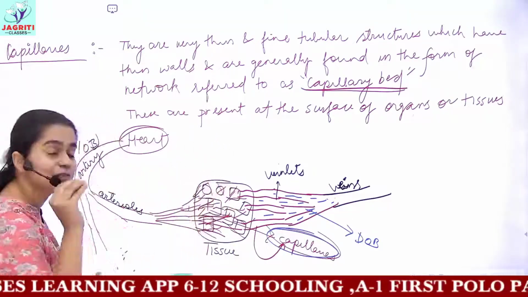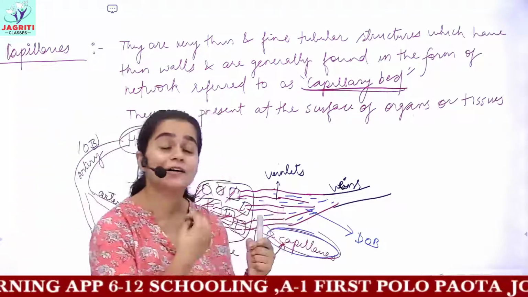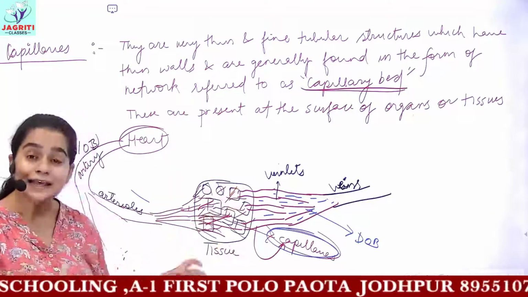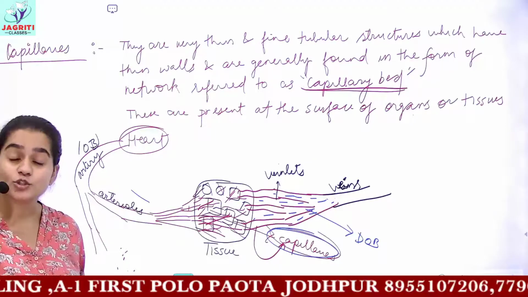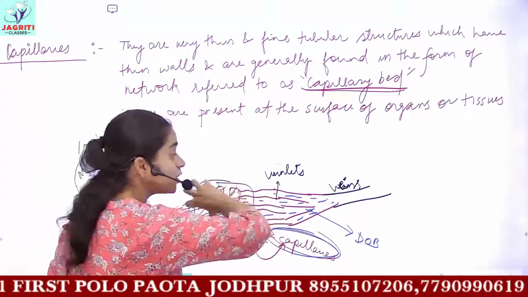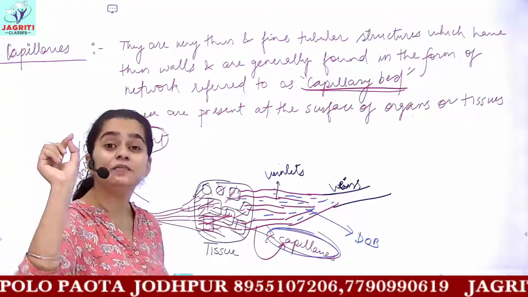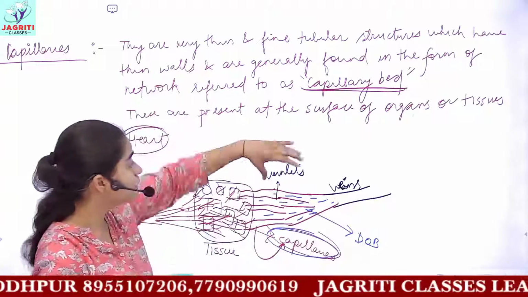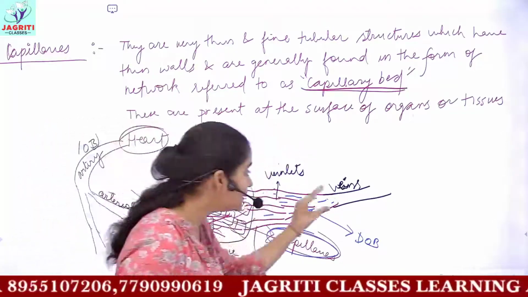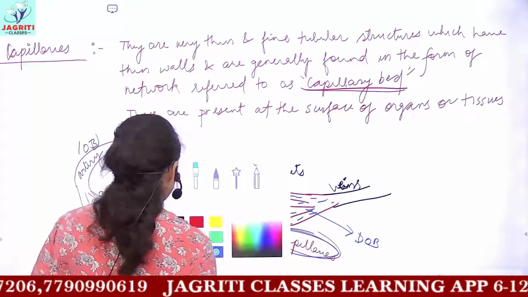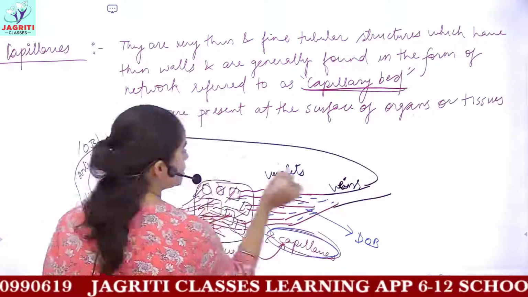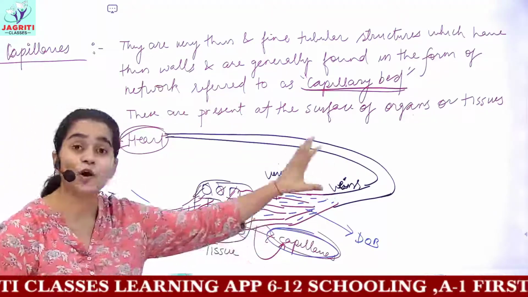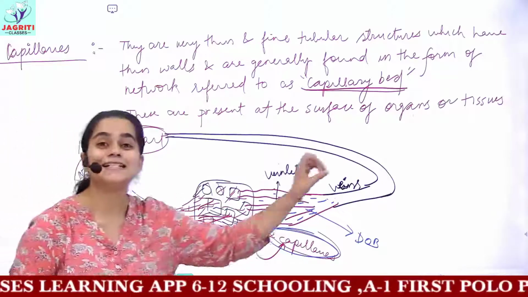These capillaries are responsible for carrying oxygen and nutrients to each and every cell. And then these capillaries are also responsible to collect all sorts of waste material from each and every individual cell. And this waste material along with the deoxygenated blood moves into veinlets. From these veinlets, thick veins are formed, and from these thick veins, the deoxygenated blood is received again into the heart. So this is the function of all your blood vessels, artery, capillaries and veins.